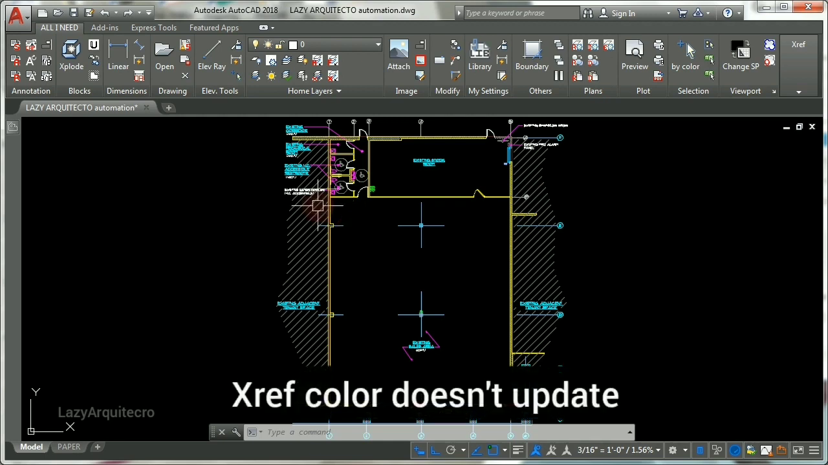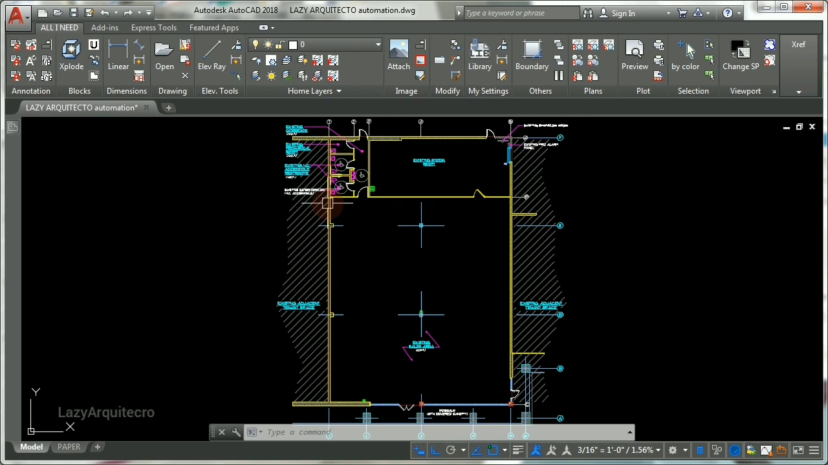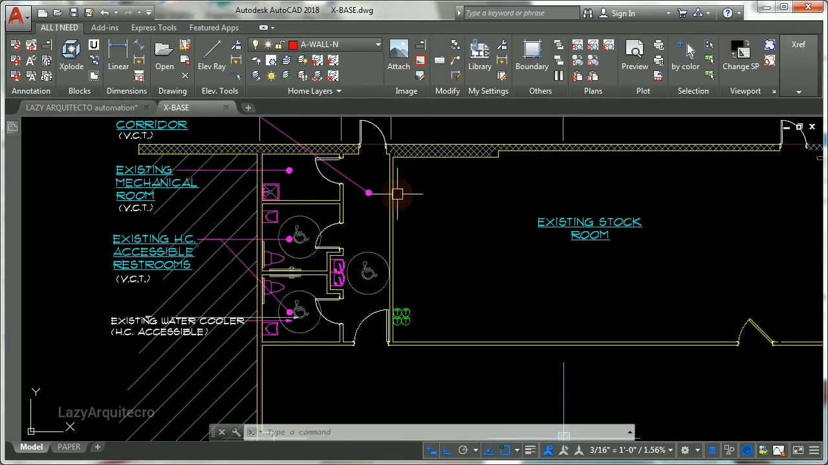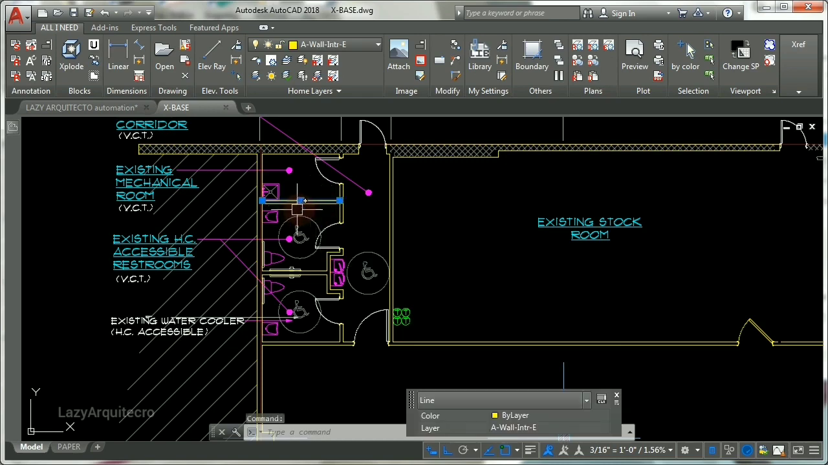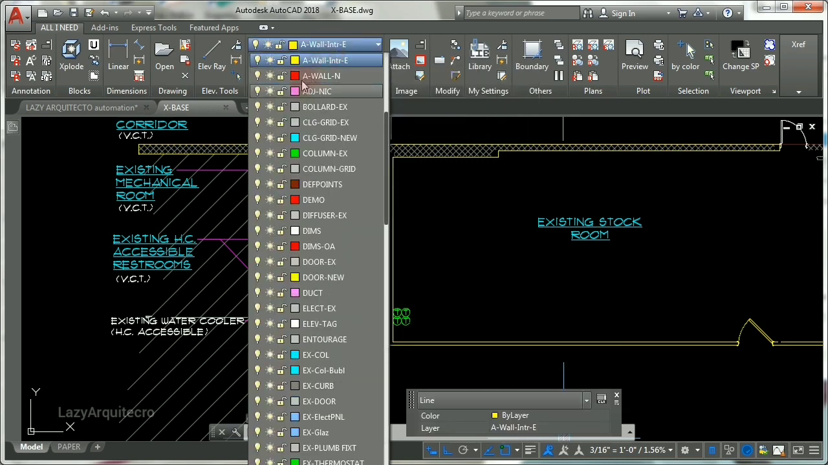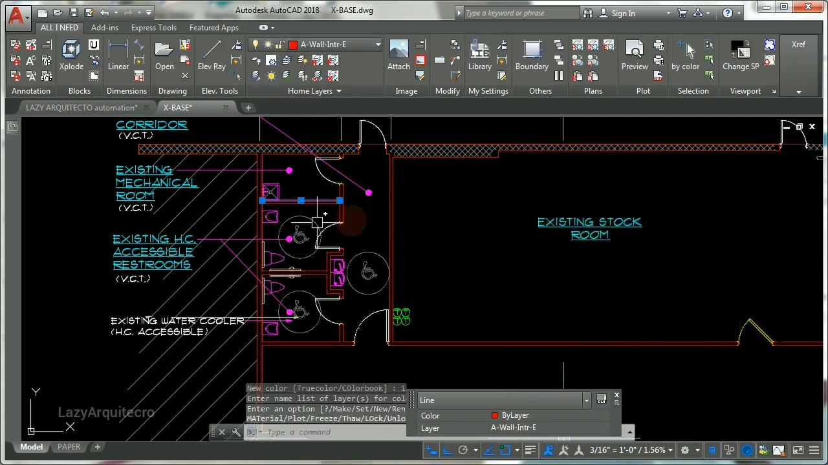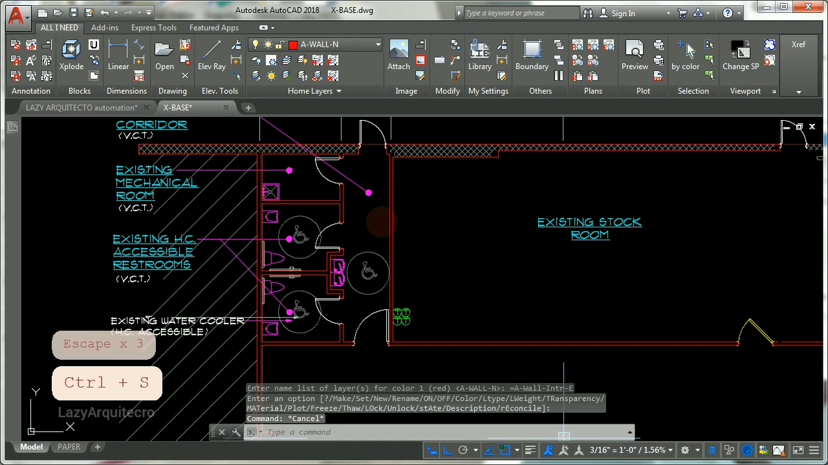So, AutoCAD Xref problem number 3. AutoCAD Xref color doesn't update. If we click our Xref and right click on it to open it, and if we change a color of one of our layers, let's say for instance I'll change the color of this wall to red for instance and click OK. Then if I save using the qsave command,